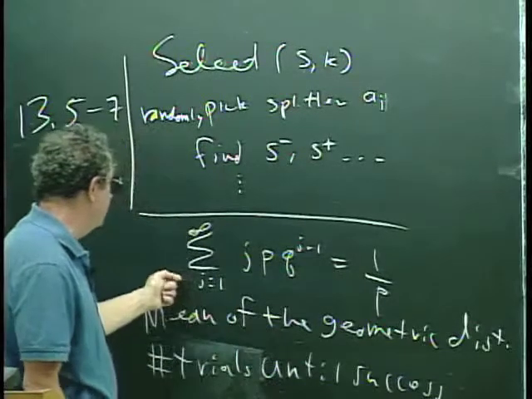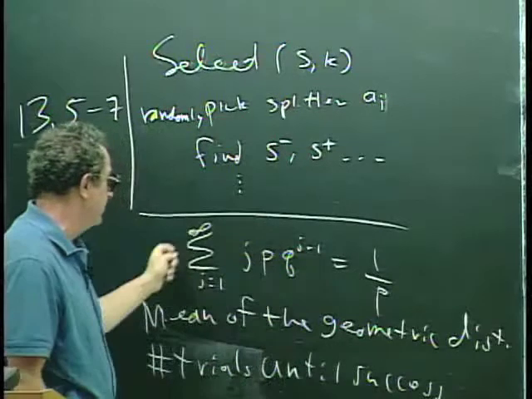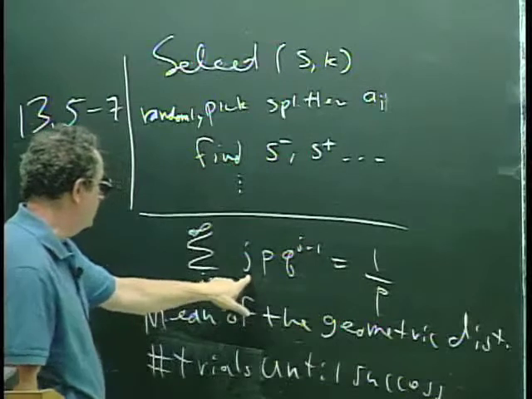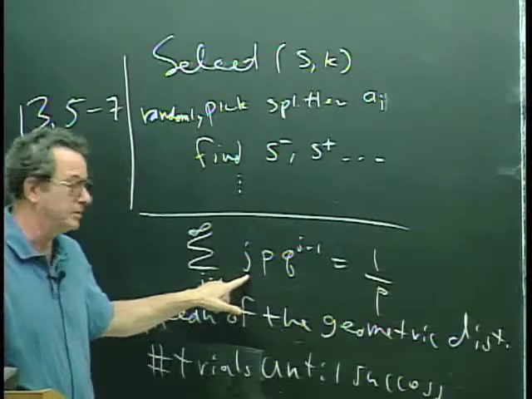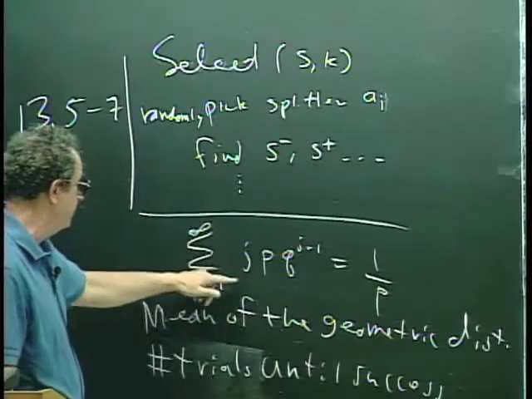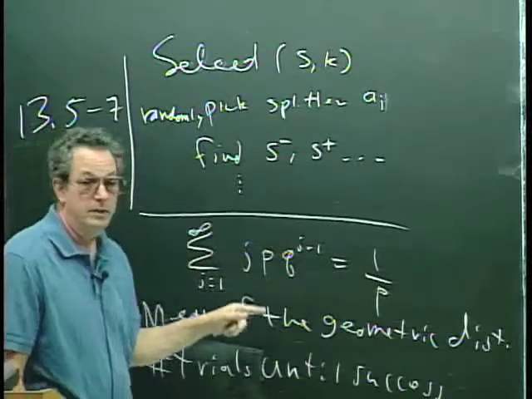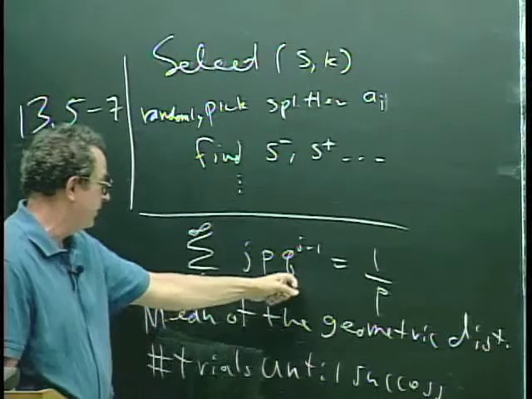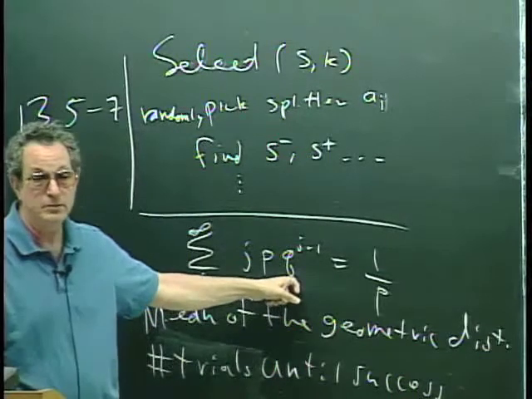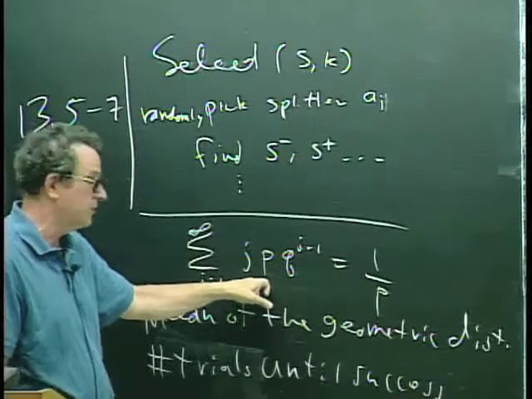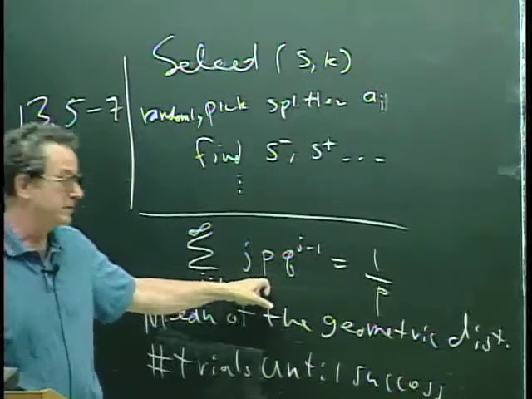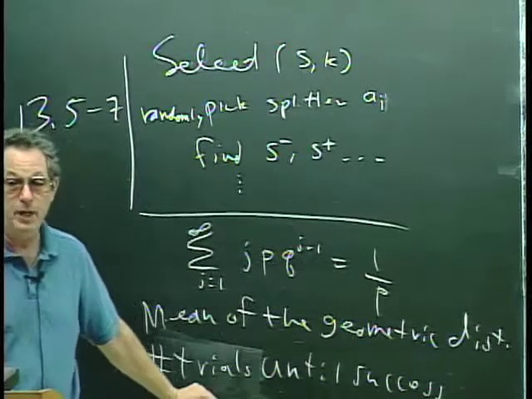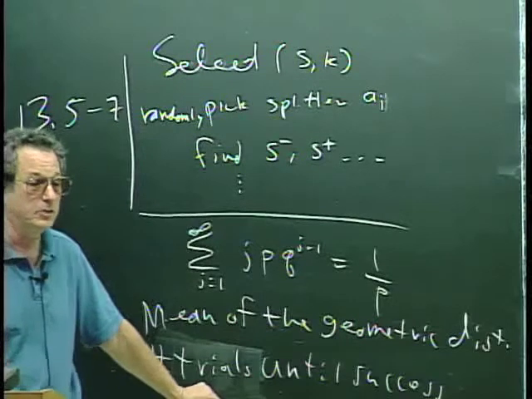But analytically, it's equivalent. This is the form that's absolutely equivalent to this, which is J, which is the actual number of trials, and we're summing from J equals 1 to infinity, times the probability that you had J trials until success. Well, you had J minus 1 that were failures, so you have Q to the J minus 1, and then you have the one that's a success, which is P. So if you can solve this sum, you have analytically what is the expected number of trials in a geometric distribution